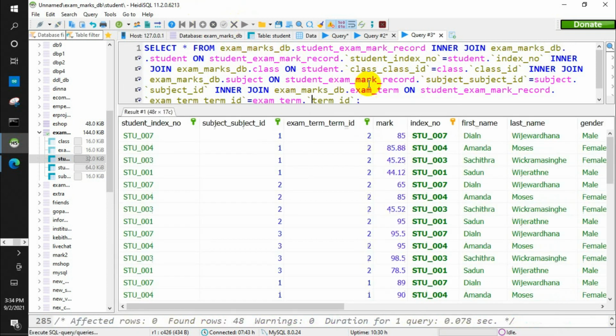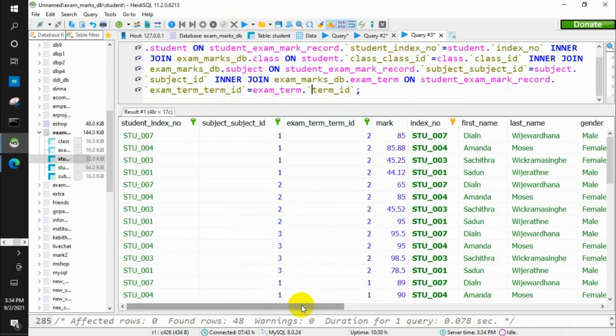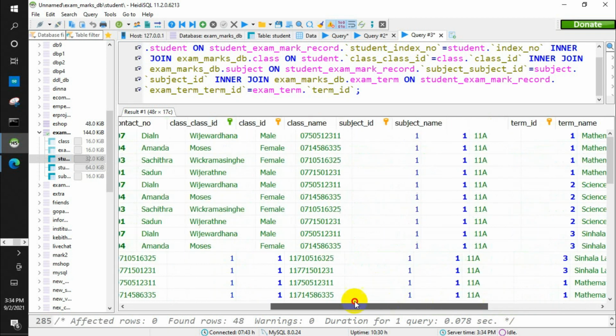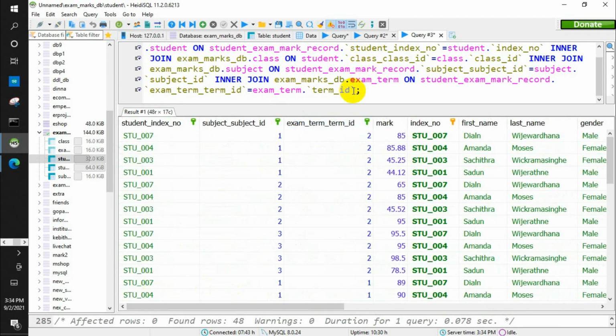Now let's run this query. Now we have also the exam term table connected to this with the exam dates and all the stuff. Now we have all the details. Now we must filter them one by one.